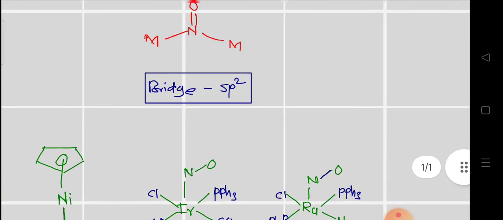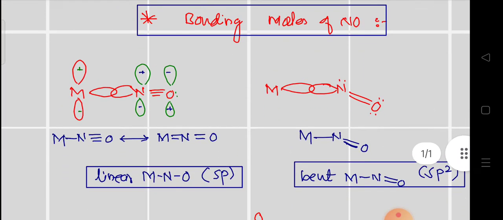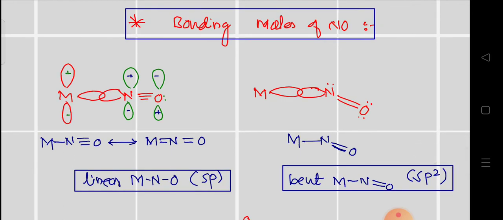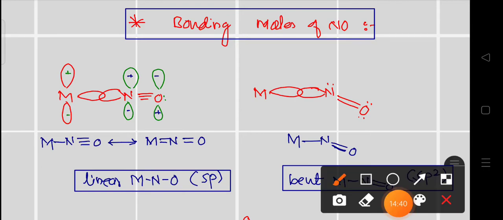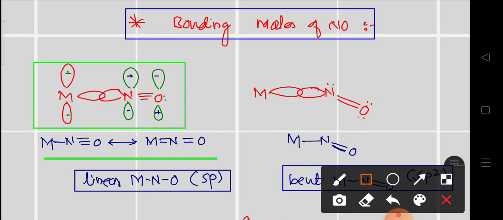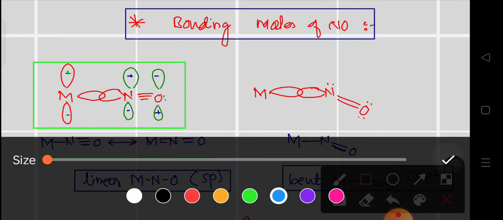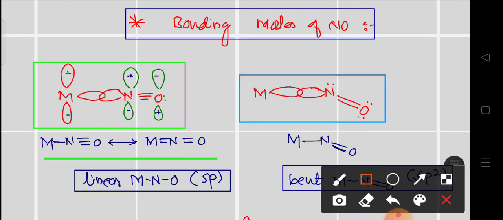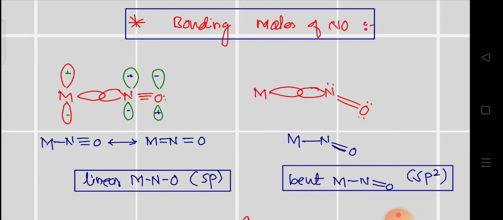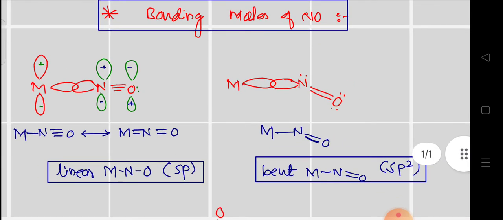And lastly I will show you how the bonding takes place between these different types, which is called the bonding modes of NO. In linear you can observe the bonding is in a linear fashion. Here the hybridization is sp, and particularly back bonding takes place here, in a linear form. But in the case of the bent system, you can observe this is the bent structure of the nitrosyl, and this is called bent, which is an sp2 hybridized system. So these are the two important modes of our NO.